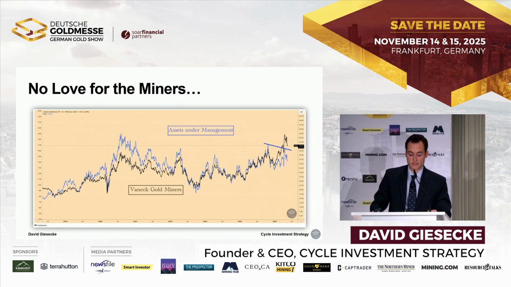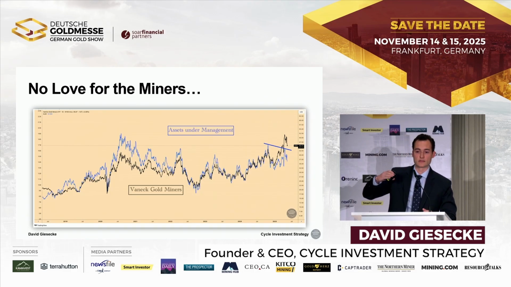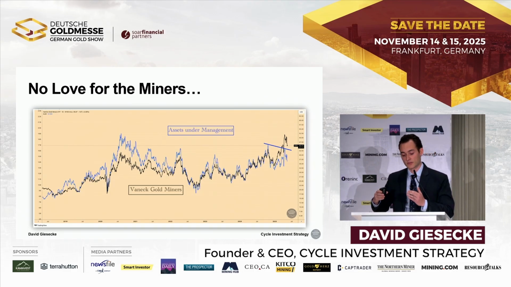As you can see, in 2020 we had a disproportionate rise in AUM. This is probably the time where most of the investors bought the GDX and have sat on it for 4 years, 5 years, with an abysmal return, and are now relieved that they can break even on their investment and get out. But maybe it's exactly the wrong time to get out of the sector, and maybe they should pile in now.